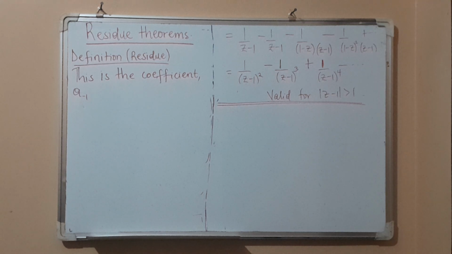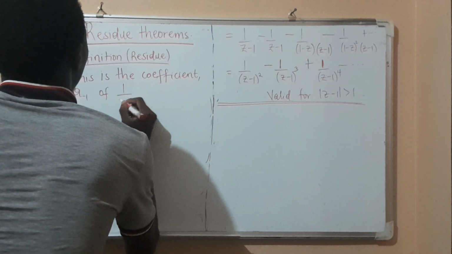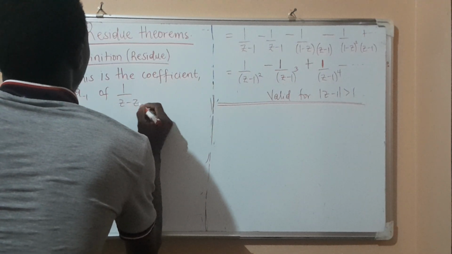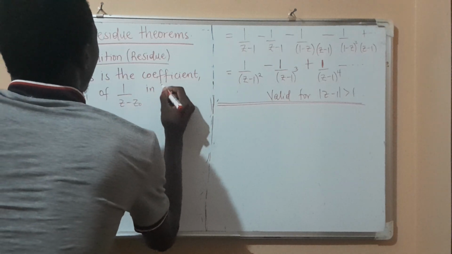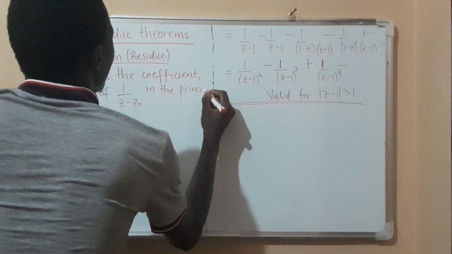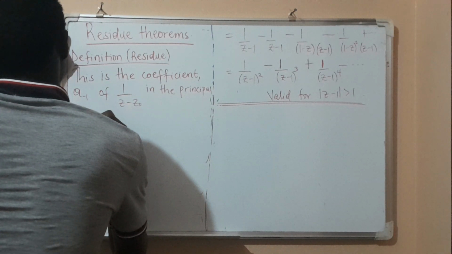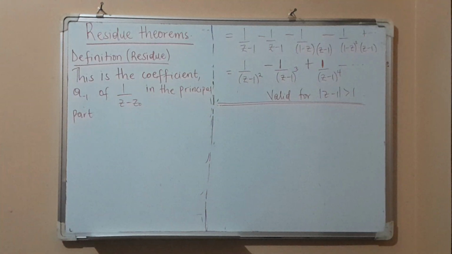Should I call it a1 for consistency? Yes, I'm just choosing that. It's the coefficient a -1 of 1 over z minus z naught in the principal part. Coefficient a -1 of the principal part of